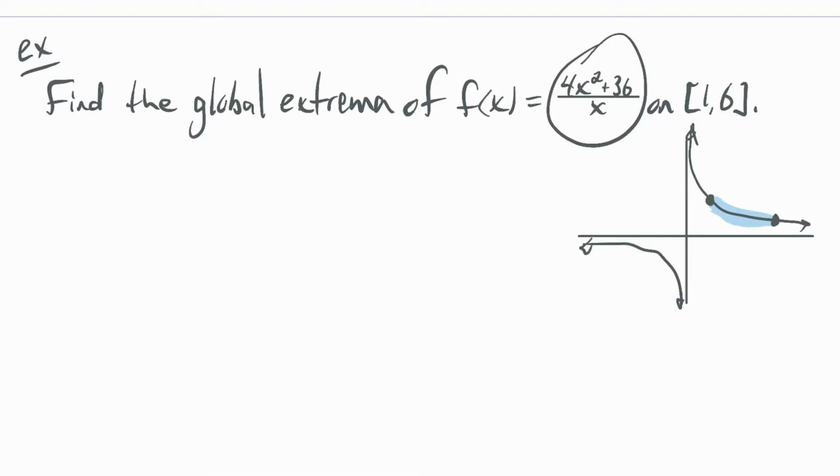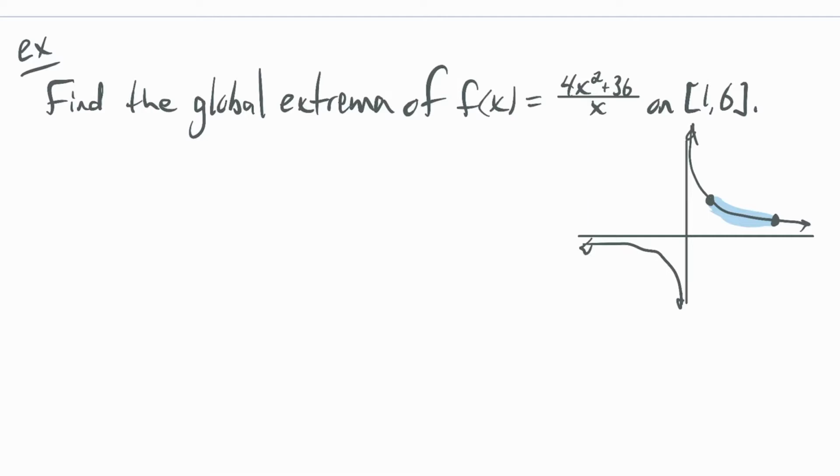In part because, well, how are you going to find it? I mean, the endpoints might not necessarily be where the local min and max are. It could be at a critical number, and algebra is not really going to be very good at helping you find critical numbers. You really need calculus for that. So